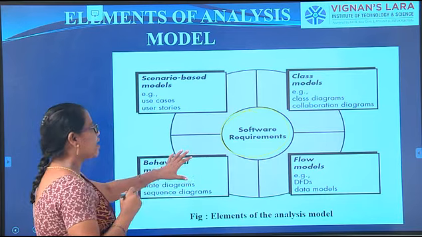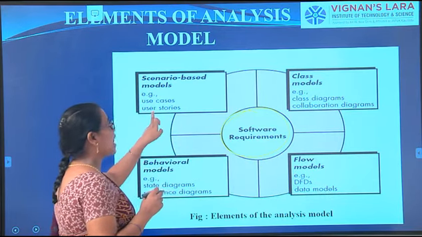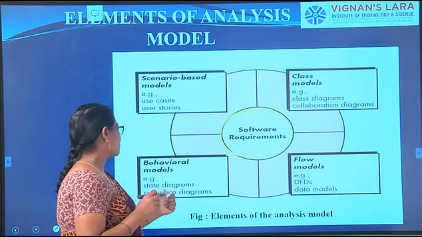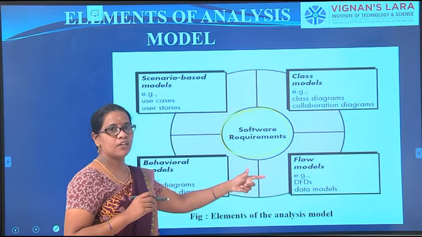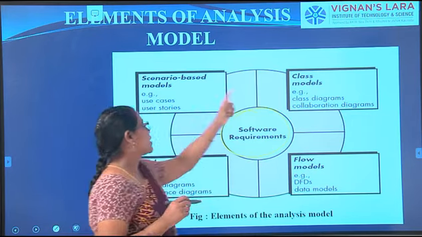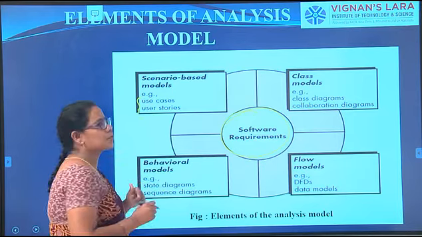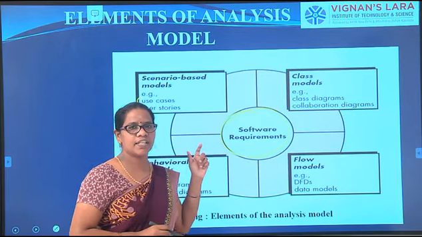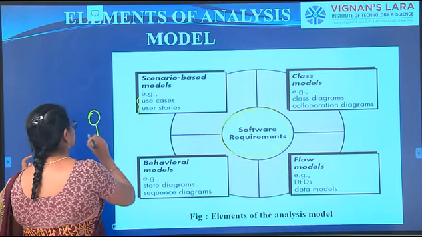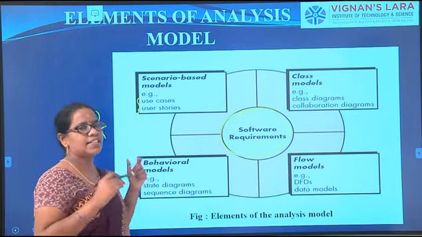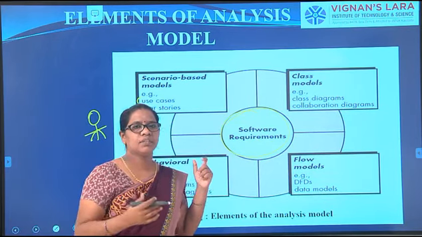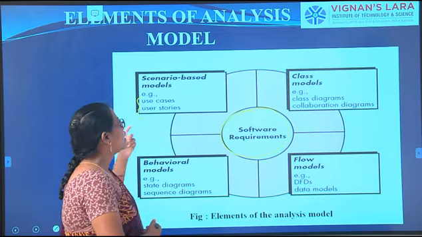This software requirements is considered in four ways: one is scenario based, one is the class model, one is the behavior model, one is the flow model. We have seen already scenario based, class models, flow models, behavior models in the previous session. In the scenario based, they use use cases and user stories. Use cases means actor wise. I said that we will use one actor. According to the actor, what are the things they have to do? It will be based upon the user control. That means actor model. So that is the use cases.